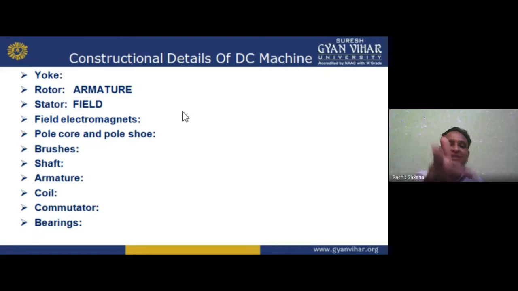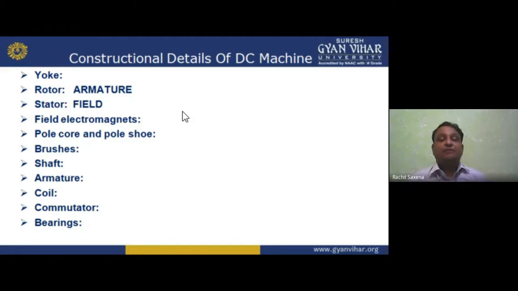Now, if it carries the current like this, we can apply Fleming's right hand rule, as I told you earlier. Fleming's right hand rule: motion of the conductor in a magnetic field induces EMF. Force, field (meaning flux), and induced EMF current are all perpendicular to each other. If it rotates like this, the current direction changes. If it rotates like this, again the current direction changes. So we are getting bidirectional current.